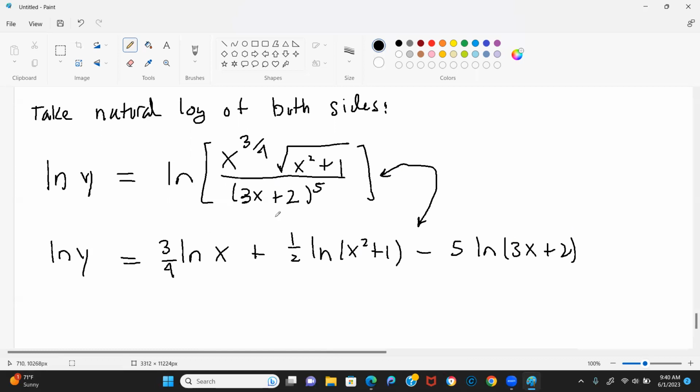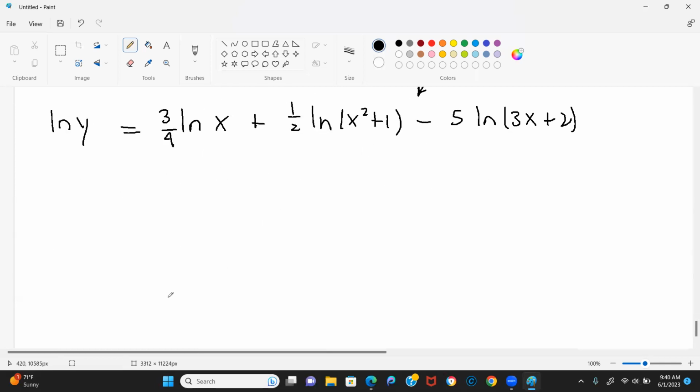And now if we take the derivative of this, you can see this is actually a lot easier, right? This is going to be a lot easier. Because we know how to compute the derivative of ln x and ln of x squared plus 1 and ln of 3x plus 2, they're pretty simple derivatives. So now we're going to implicitly differentiate